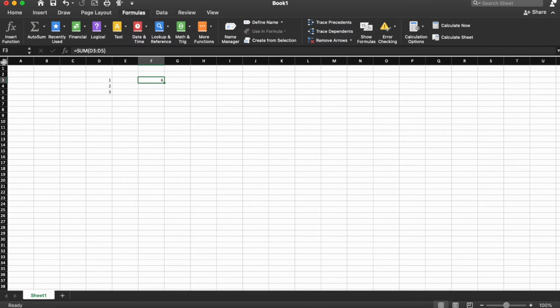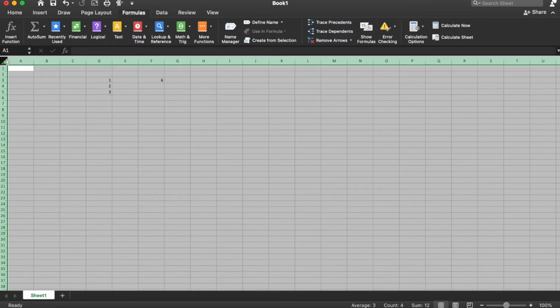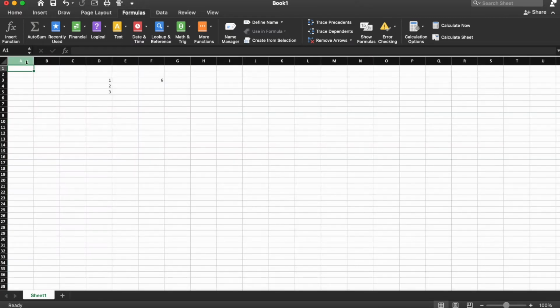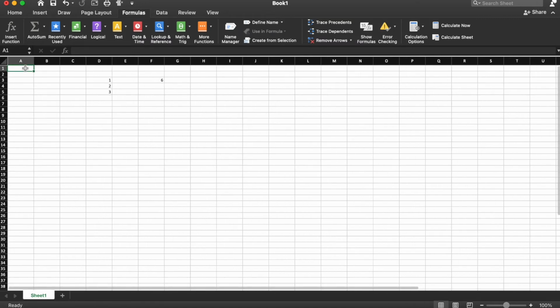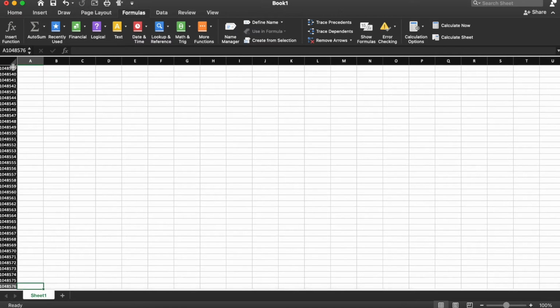Next, we have what we'll call the Select All box, and if you click that, it just selects all the cells in the worksheet. So next, columns. As I mentioned earlier, all of your columns have letters associated with them, and the letters go from A through XFD. And then if we look at the rows, they are all numbers, and they go from 1 to 1,048,576.